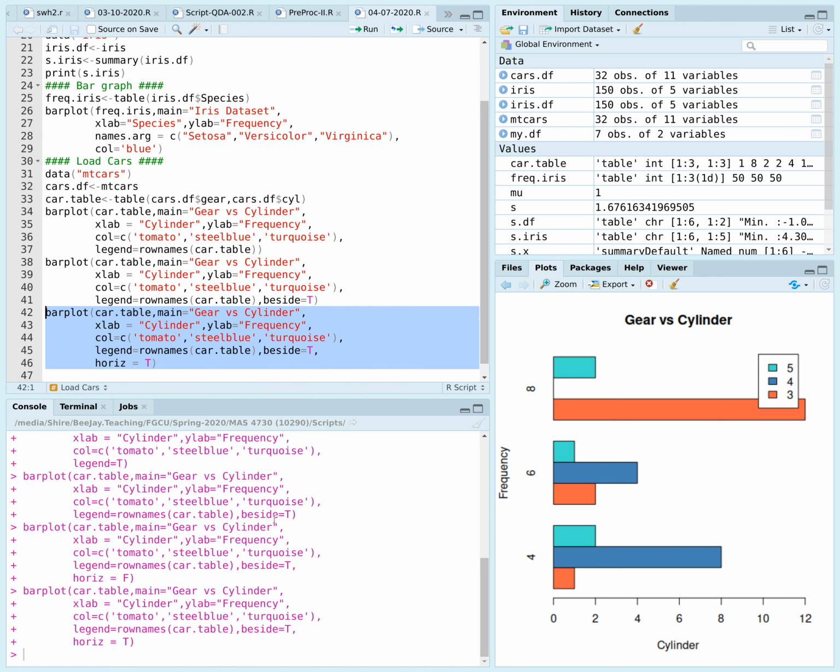So you can either do a grouped bar plot, a stacked bar plot, or you can simply do a bar plot in